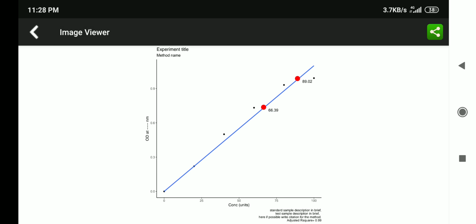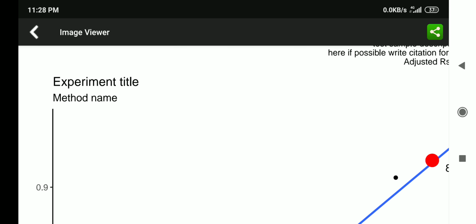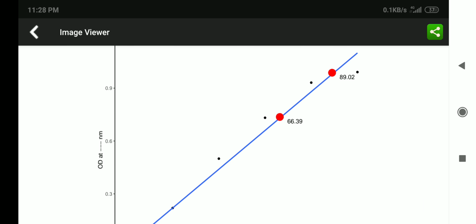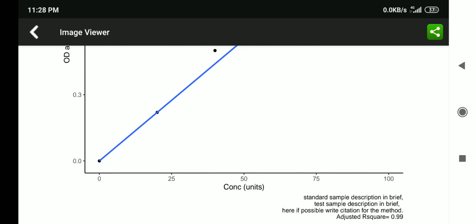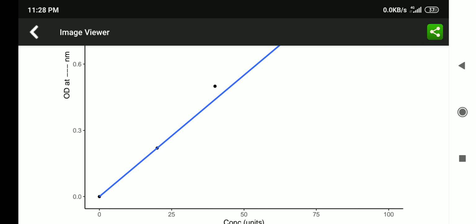This is the final graph, and look how classic this graph is looking. This experimental title, you will write the method name also, then your line is there, a straight line, along with the extrapolated unknown concentration values. Unknown concentration values are written here. The x-axis caption is also there. This is a very good graph, but this is just for one replication. You should have replications of the experiment, and those replicate values will be here, and if you have the replicate values, then we will calculate the error values, but that I will reserve for the next video, on how to analyze data for replicated experiments.